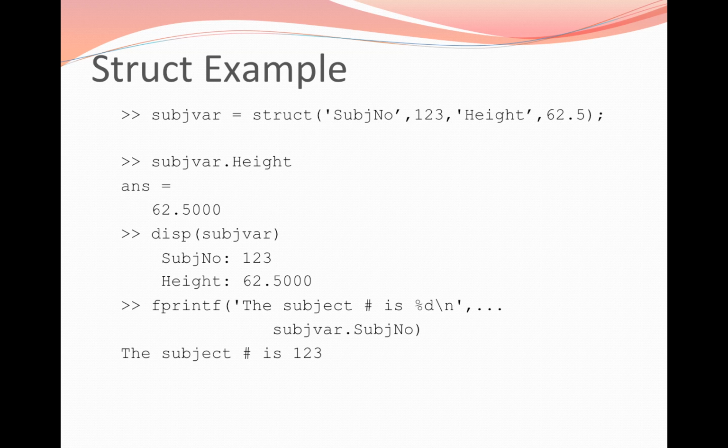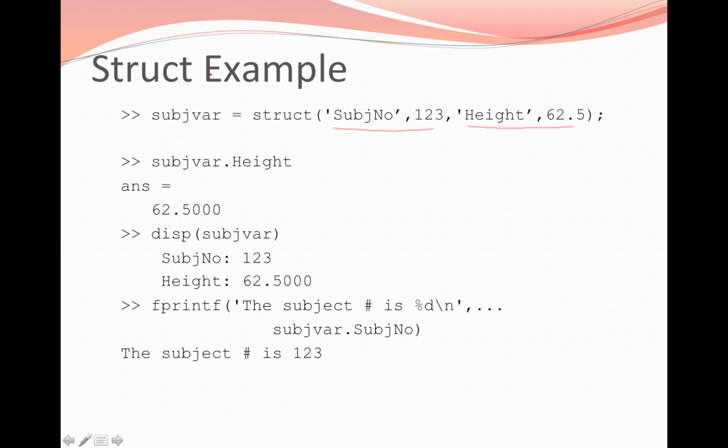Here's an example of a structure variable. Using the struct function, we're creating a structure variable called subjvar, short for subject variable, that stores two fields in it. So again, for each field you have a pair. First is the field name as a string, followed by the value. So in this particular structure we have two fields, one called subj number, or subjno, and that has the value 123. And then we also have a field called height, and that has a value